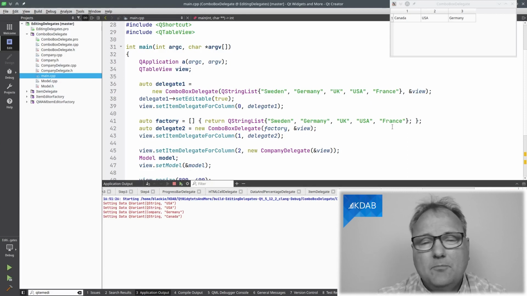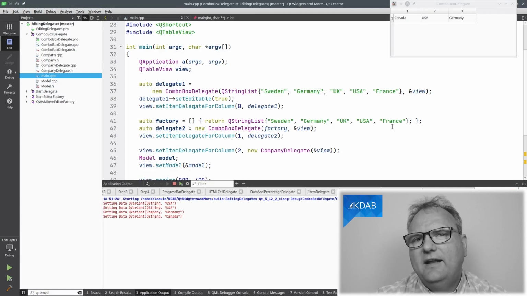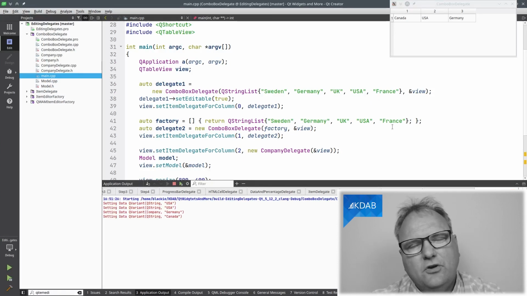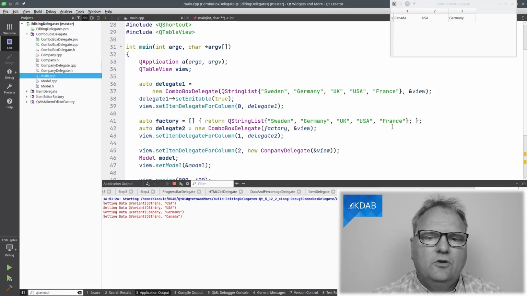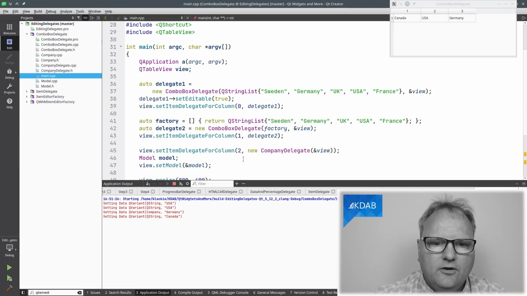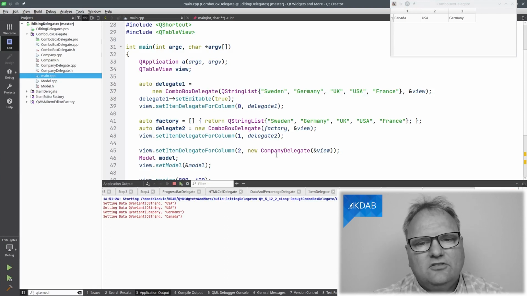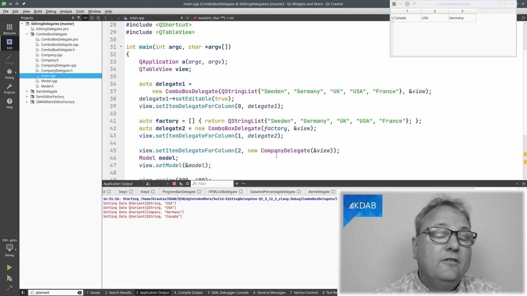So sometimes it might be that the valid values depend on something, but something trivial still where I didn't want to subclass. And the third way is to actually subclass the delegate class itself instead of just giving the values here. Wait a minute, Jesper, why would you want to subclass when you can do it all with that factory method? Wouldn't that be useful?